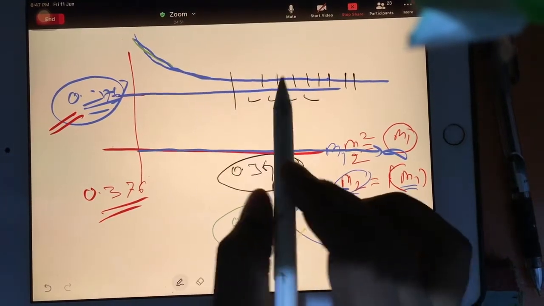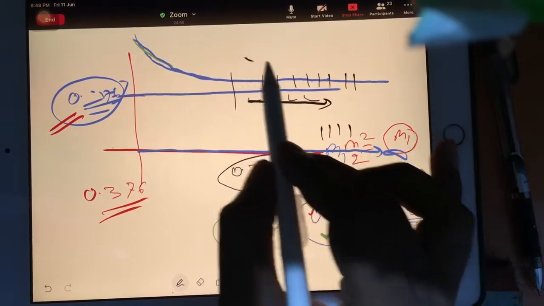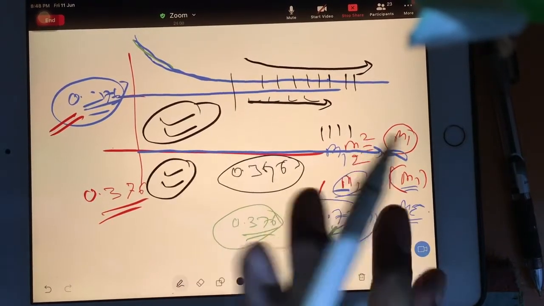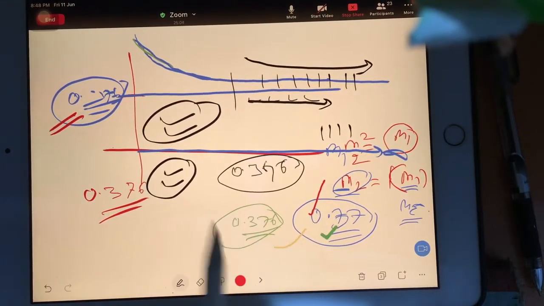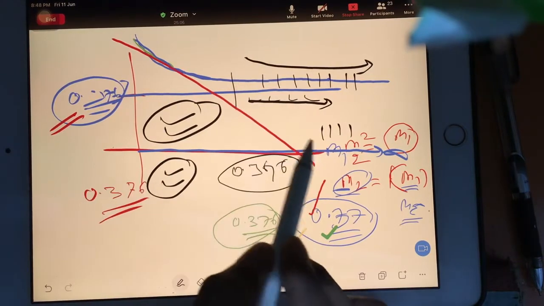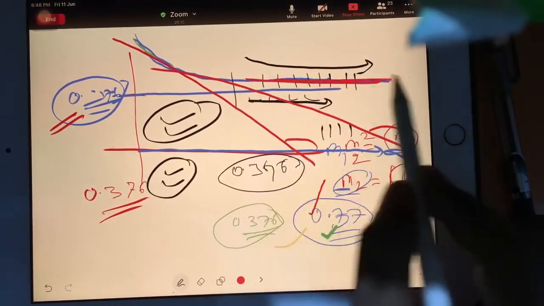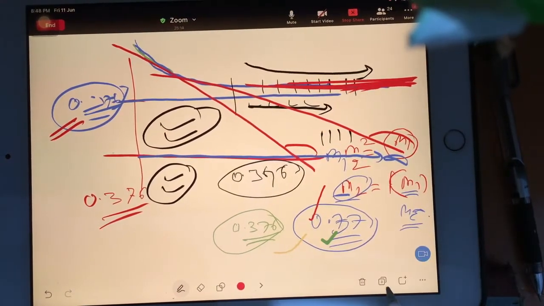We were getting the same. So asymptote means this value you will increase, I mean m1 you will increase, but this m2 you will not. So here I am just giving a little exposure about slope. You can see here, in the beginning your slope is this much, then your slope is this much, then your slope is almost flat, and then your slope is constant at every point, right?